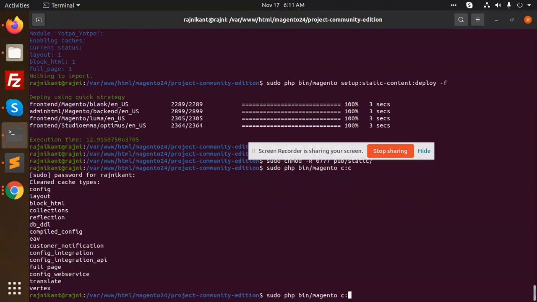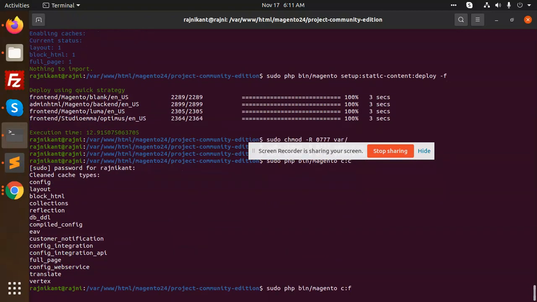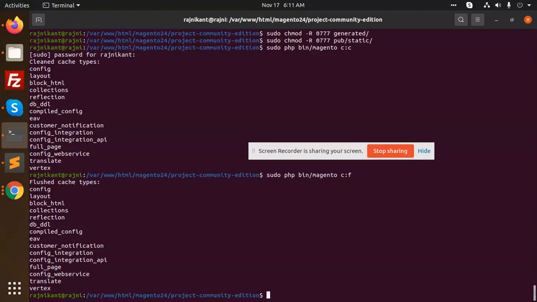If I put cache flush, see, it says cleaned cache types, flushed cache types are config and so on.